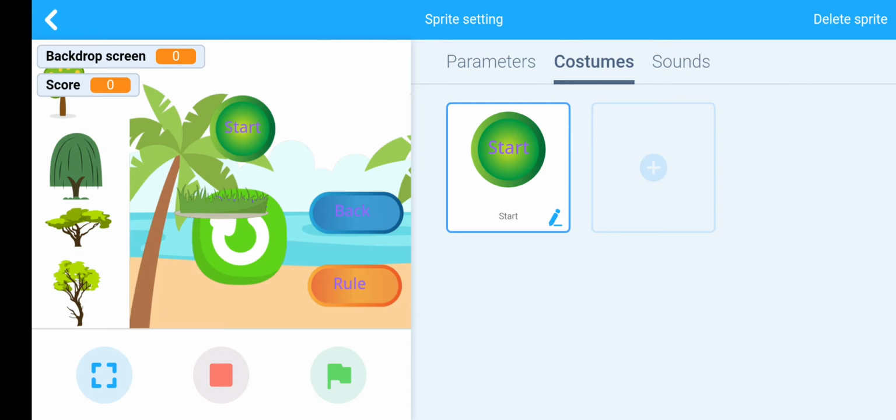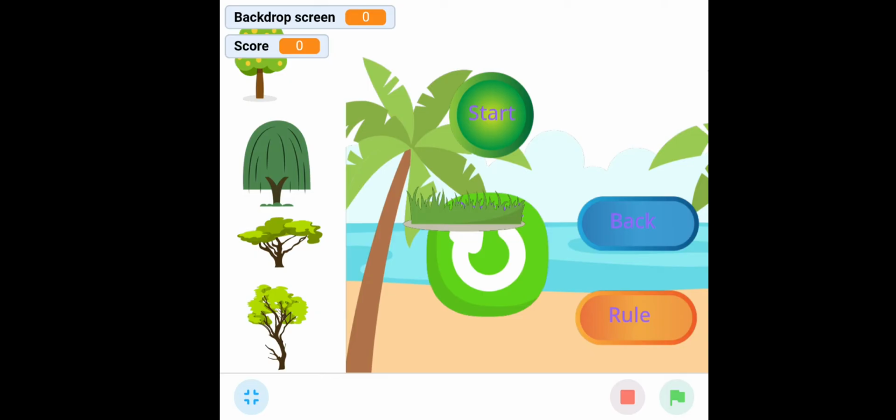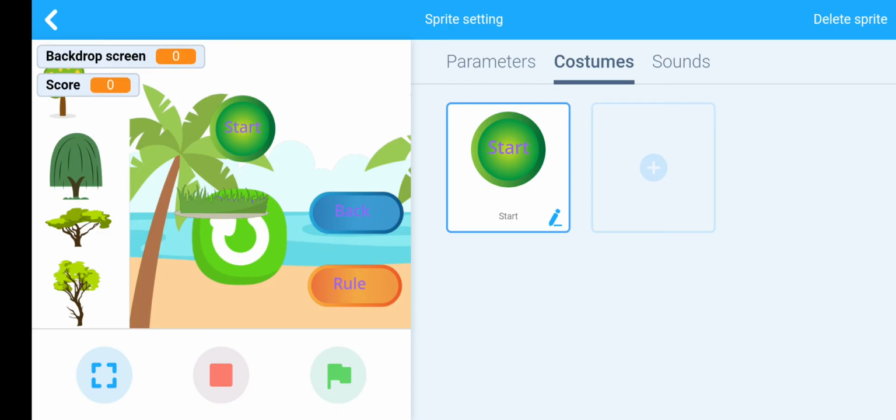This is the output window here. Look here, 4 buttons are present. When I click on the flag button, there should be the start window and only 2 buttons should be present, start and rule.